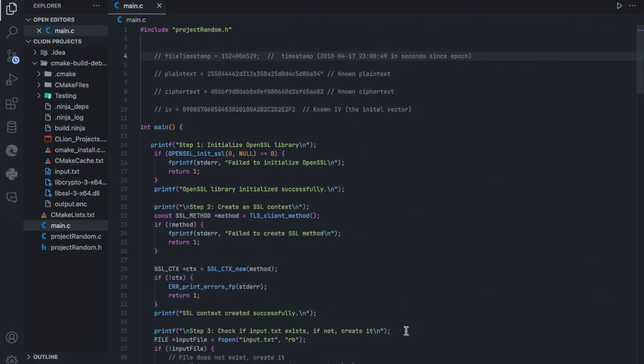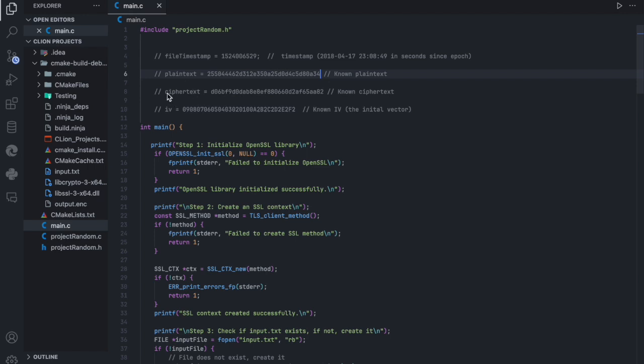Though the file is encrypted, there are some data that cannot be hidden. For example, the timestamp, which is basically when the file was created. Also the plaintext, which is the first 16 bytes of the file. The attacker knows that the file is a PDF file. PDF files have a common version used, which is PDF 1.5, so the first 16 bytes are predictable.